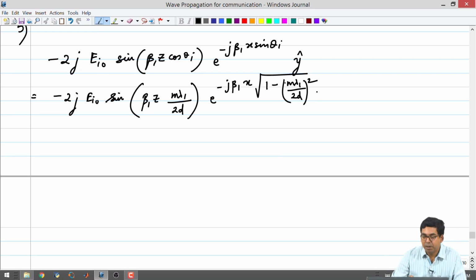Previously we would have just had e to the minus j beta 1 x, but now you are having some square root of 1 minus (m lambda 1 by 2d) squared. This parameter is coming into the picture because you have added two plates with a distance d between them, and your choice of m is such that mod cos theta i is less than 1. So, we can always say that